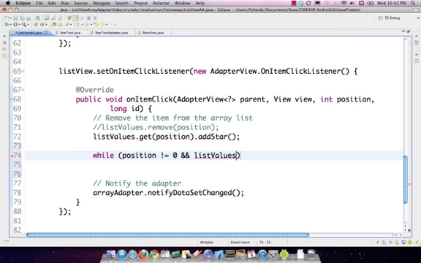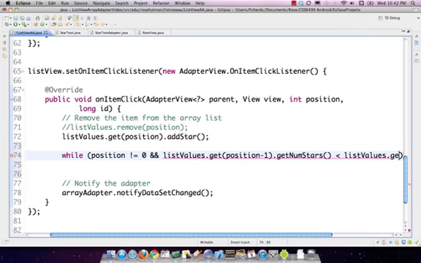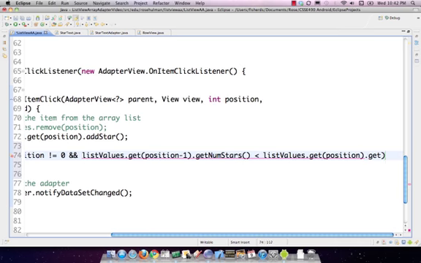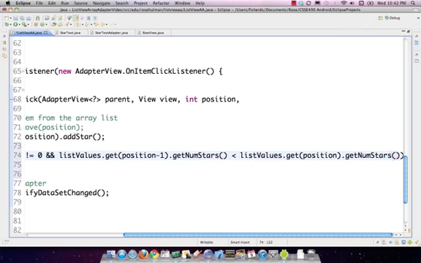And then if position -1 has fewer stars than the current position, kind of hard to see that all in one line, but